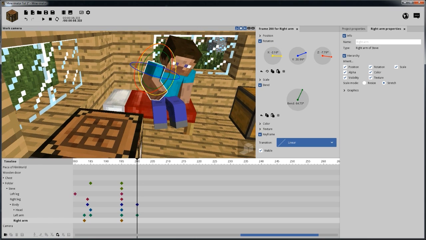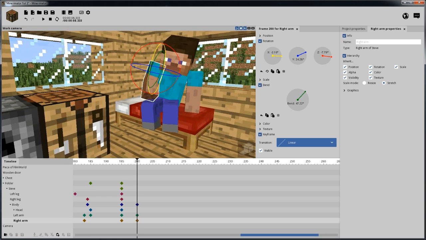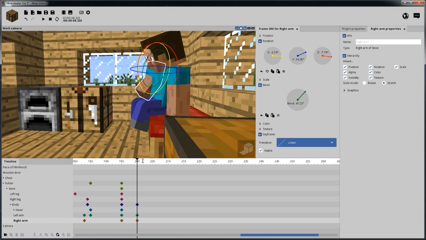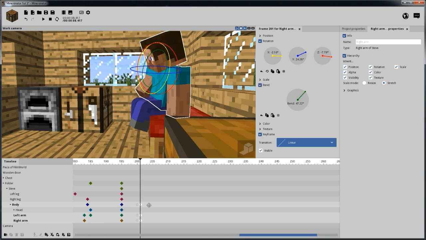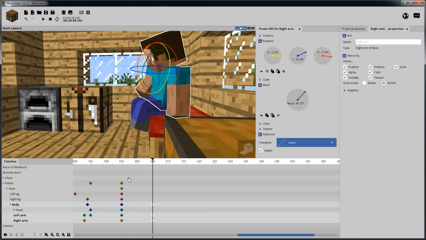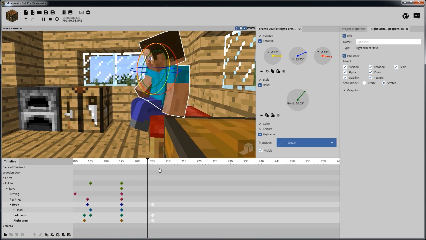Let's see. Maybe we'll have this one drop down a little as he's doing it, kind of curve in because he's leaning this way. And there. So basically he's up, he sits there, and then he suddenly does that. Let's move that out just a little bit. That's a little too far. Let's try 205. So he goes like this, and then at that point,